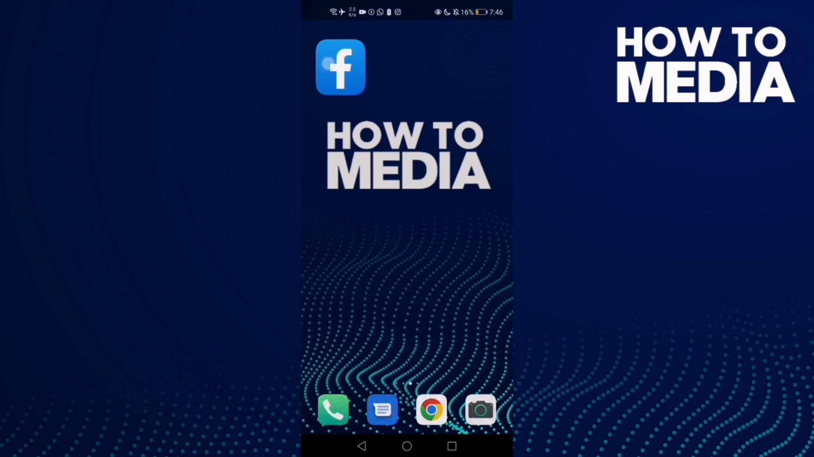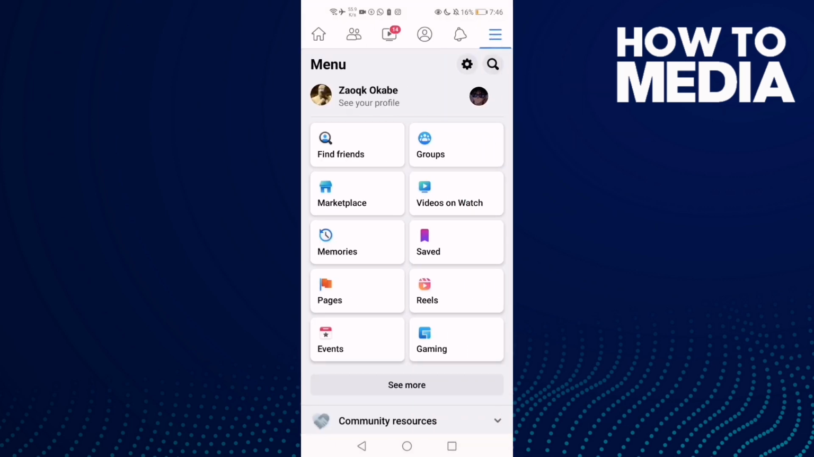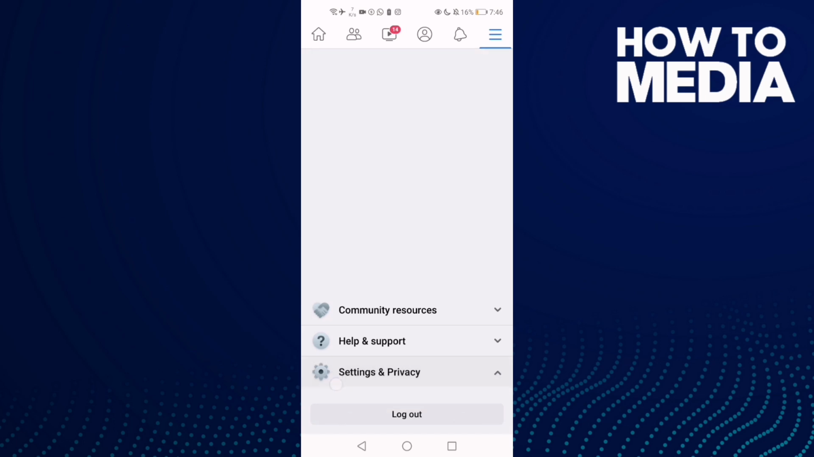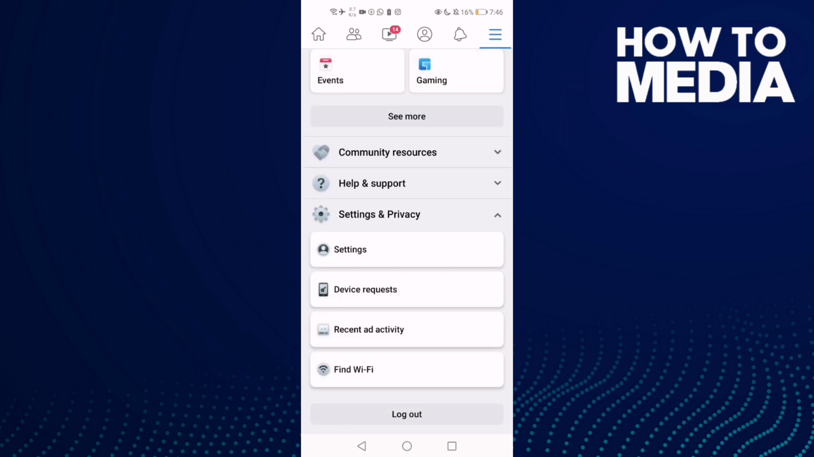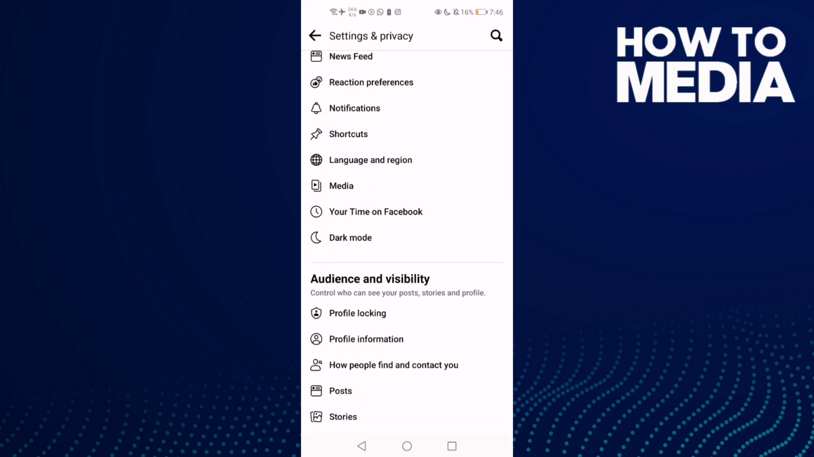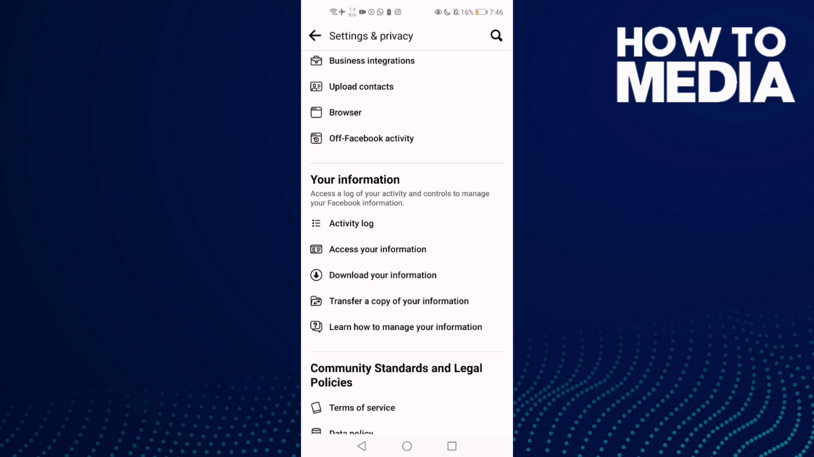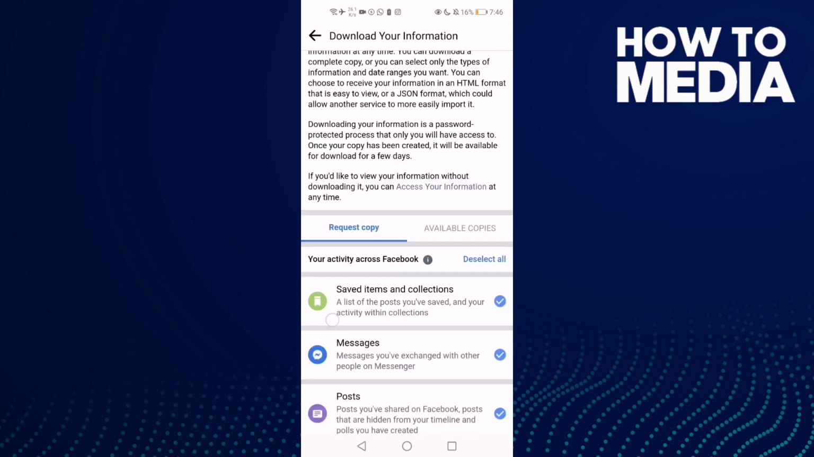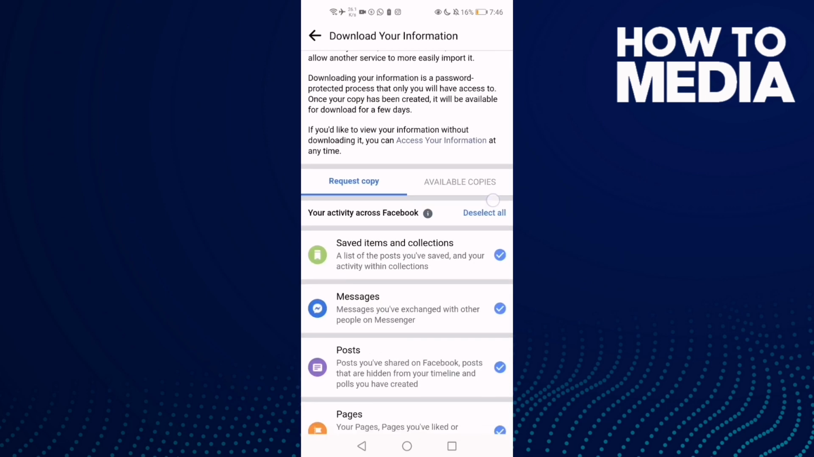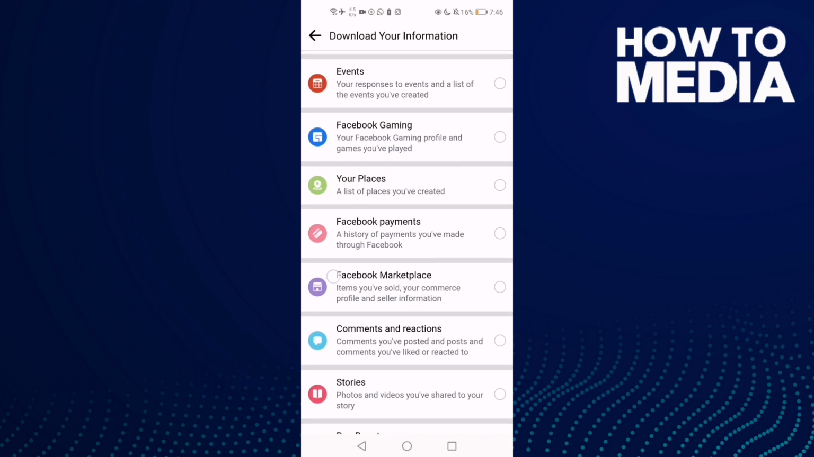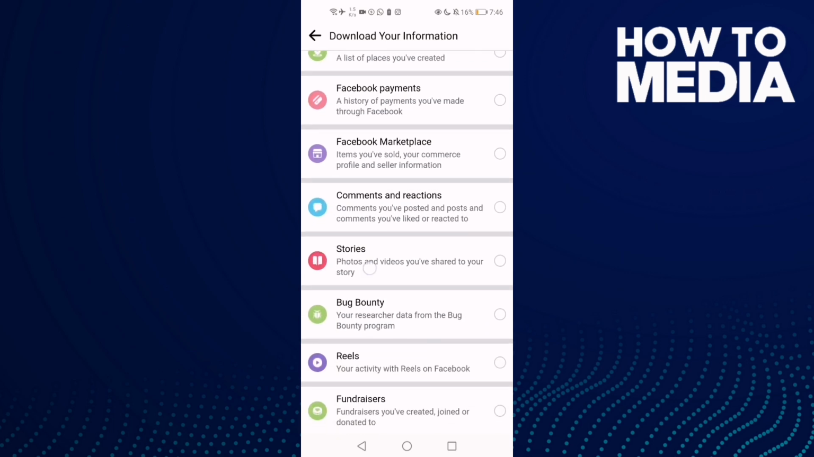First thing, go to Facebook and now click these three lines here in the top corner and go down, click settings and privacy and then settings, and now go down here. You will find this one, download your information, and then click this select all and go select this one stories,